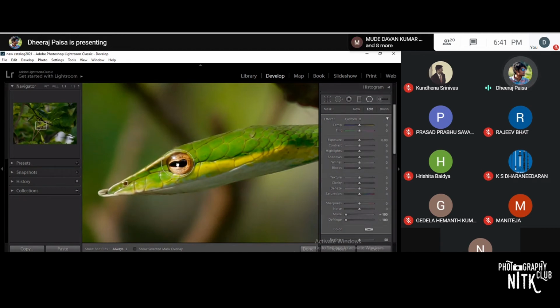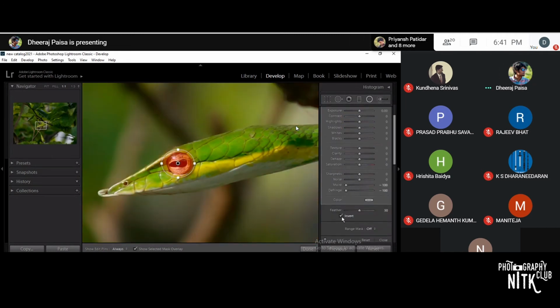Apply a radial filter over the snake's eye. Then show the selected mask overlay. Invert it if you want to edit inside the circle. So I want to add some clarity, some dehaze, a little bit of exposure, and add some shadows.